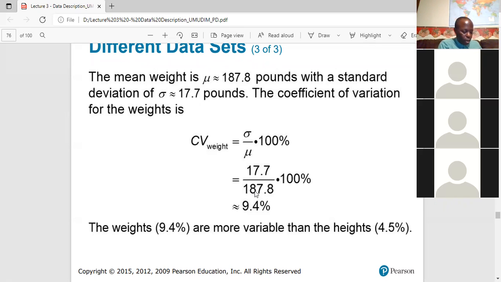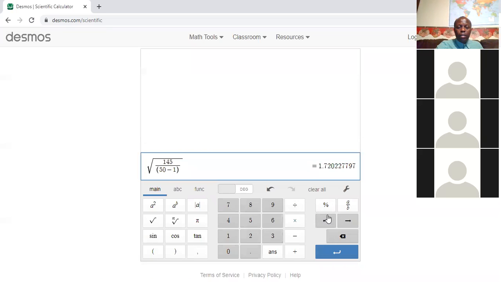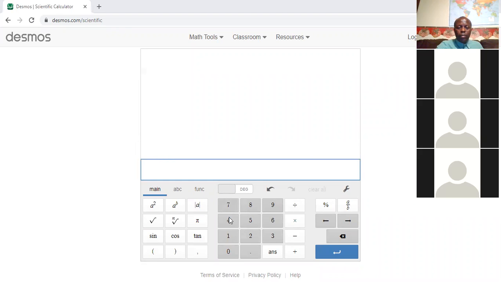17.7, 187.8. So if I take you to the calculator, I clear this. 17.7, excuse me, 17.7